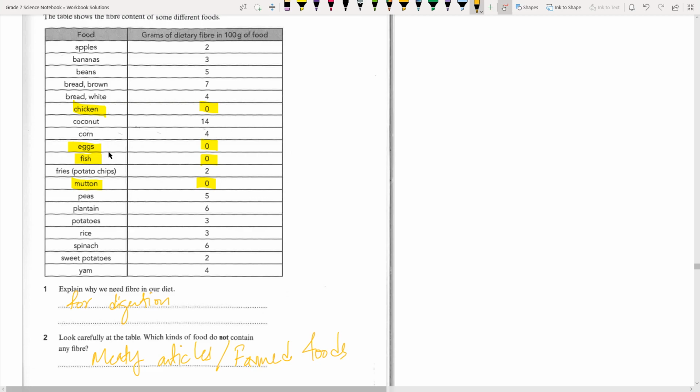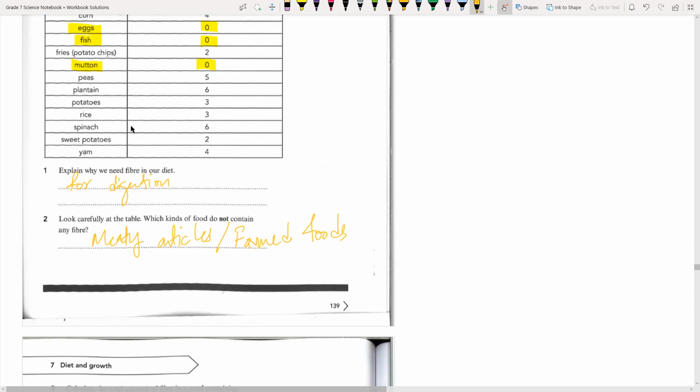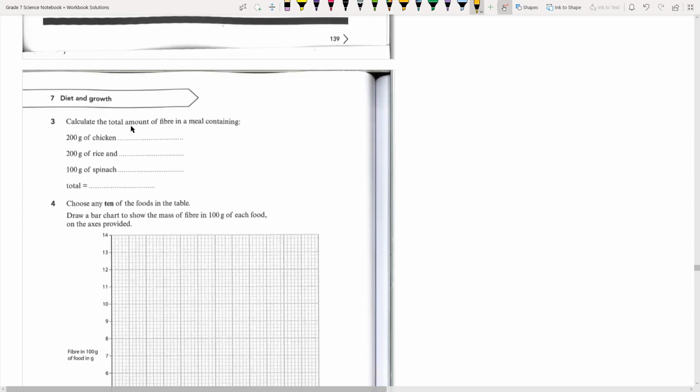Because eggs are farmed. Egg is not a meat, right? But it eventually does come from the farms. So the fish, the mutton, and the chicken, they come from farms. We also farm these animals. So farm animals produce. Now calculate the